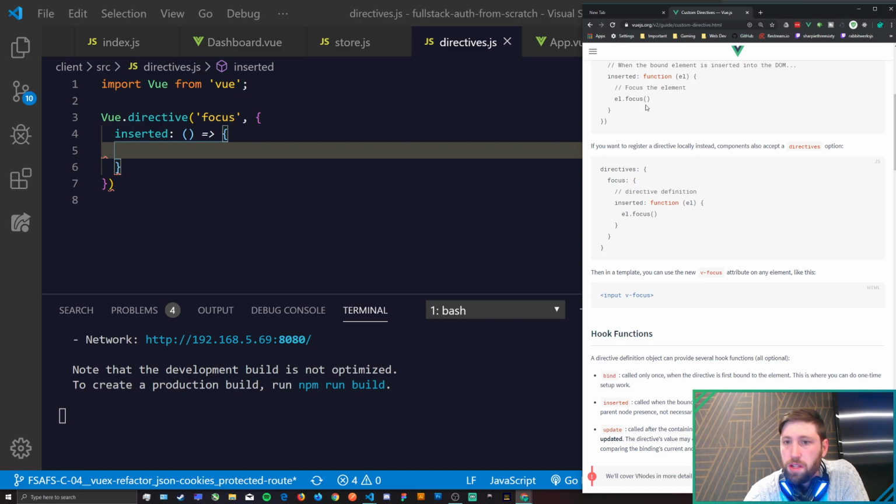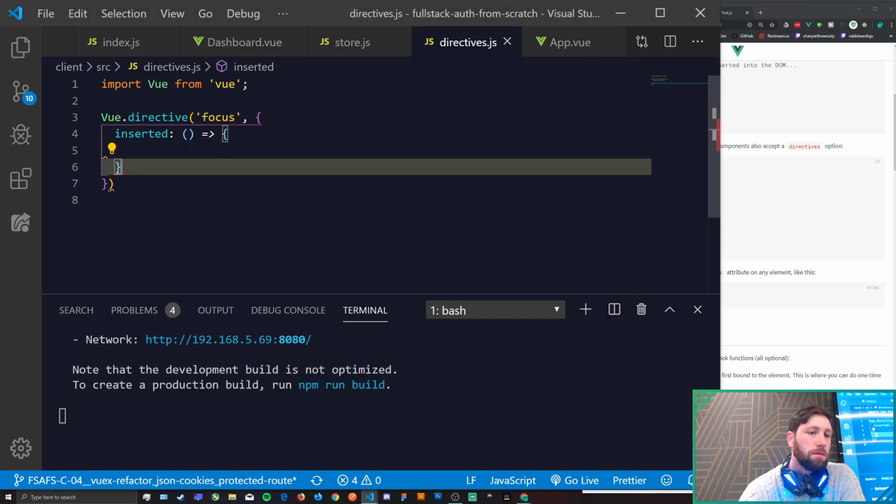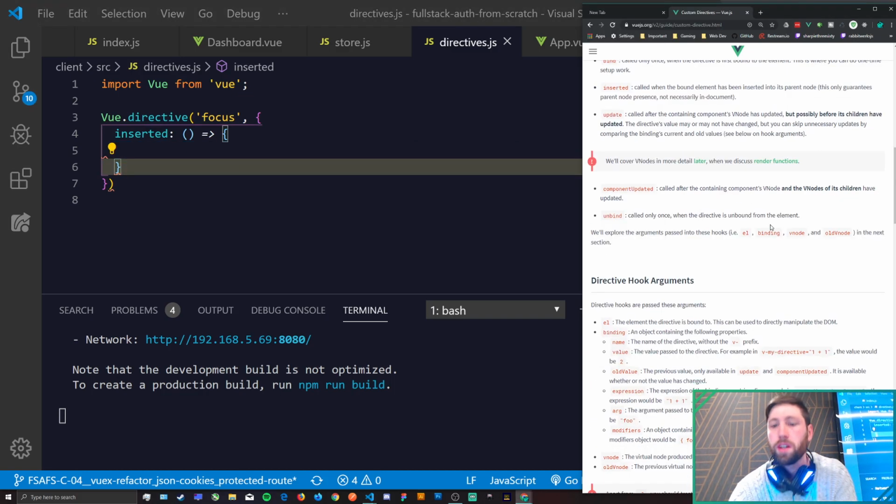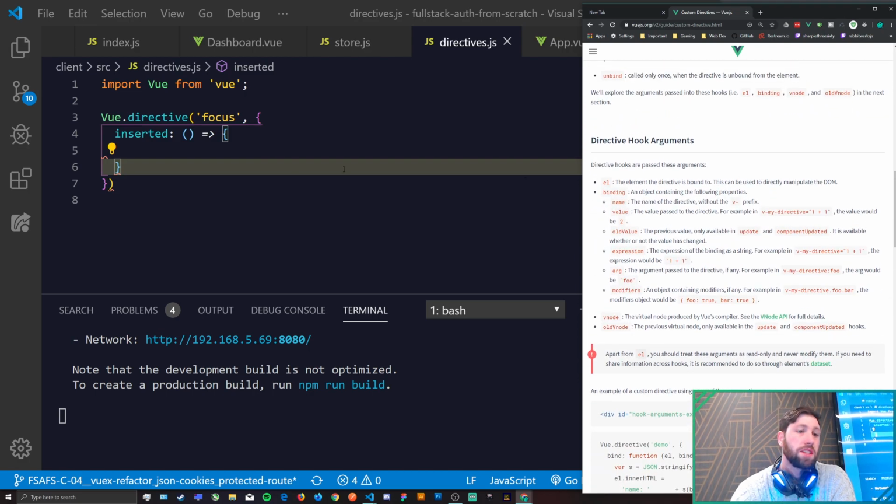Okay, the next thing we want to do is make sure that we're passing in a couple of different parameters that are available to us in these lifecycle hooks. The main one that you'll probably be using is el, which gives you access to the actual DOM element that you're targeting. And